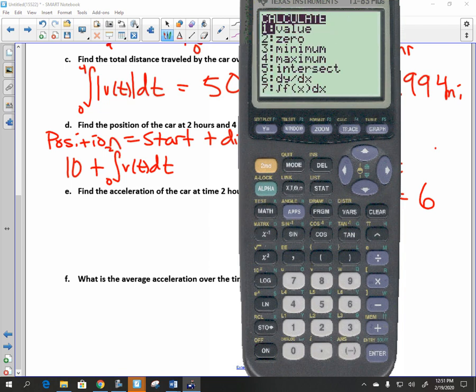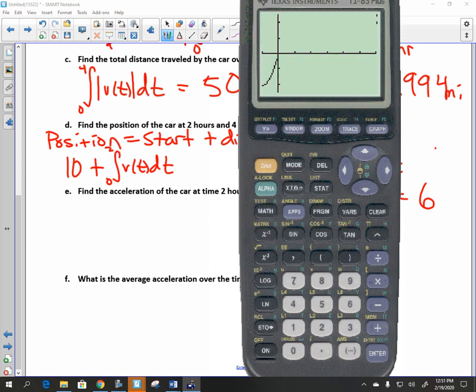So I go to second calculate, and I choose number 7. This is where you just pay attention to detail because we've got a lot of things going around. Where am I going now? I'm going from what to what? 0 to 2, because I already have the 0 to 4. So we'll go 0 to 2. It's going to run that, and I get